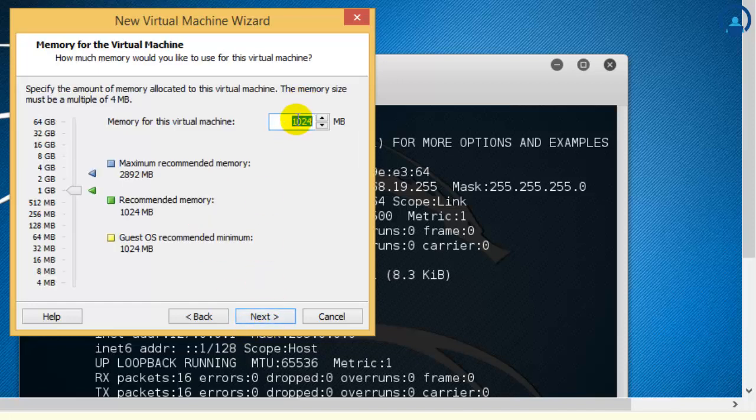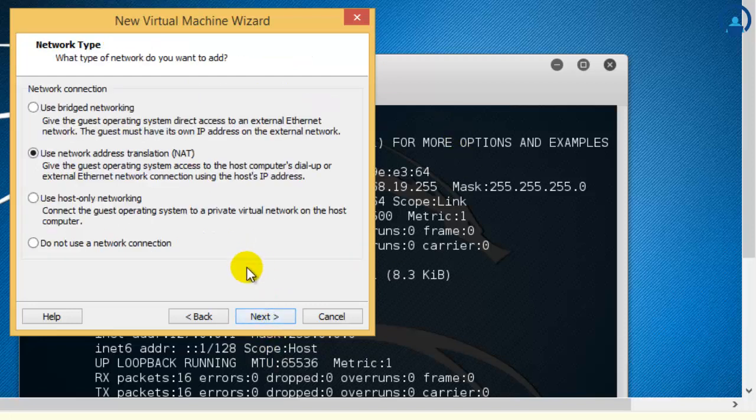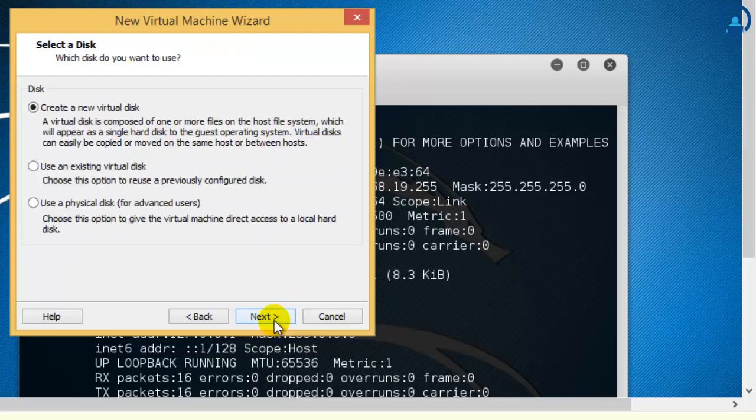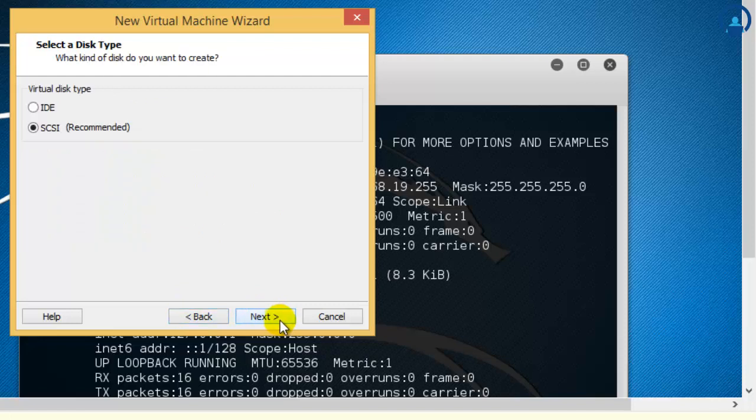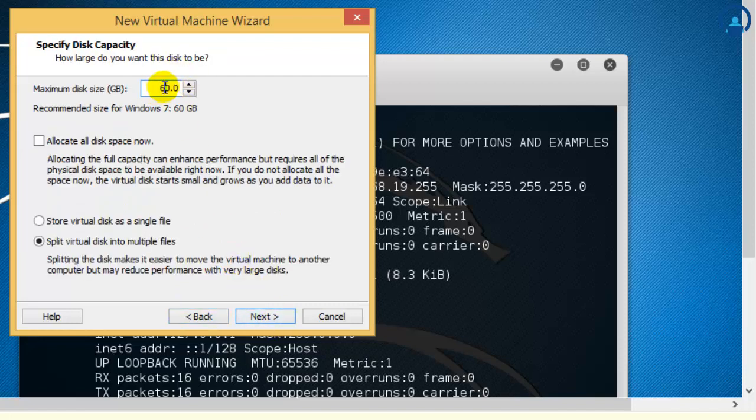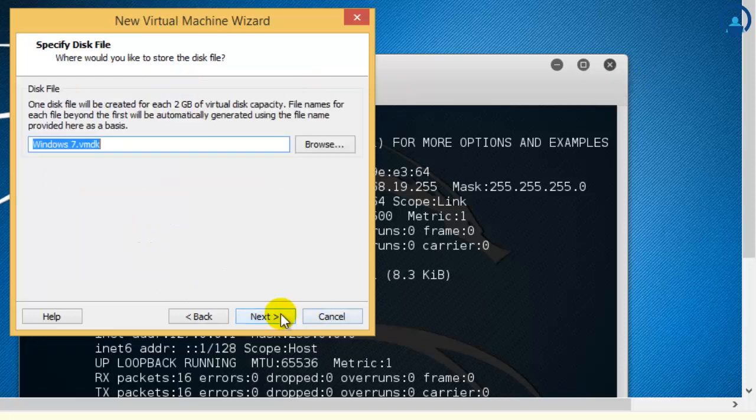Next. And I'll be using 768 MB of RAM because I won't be needing much of Windows, and most of my things will be over here itself. There's a reason. And I'll be using NAT itself. Next. And okay, next 60 GB. I won't be using 60 GB, I'll just be using 20 gigs over here. And next,